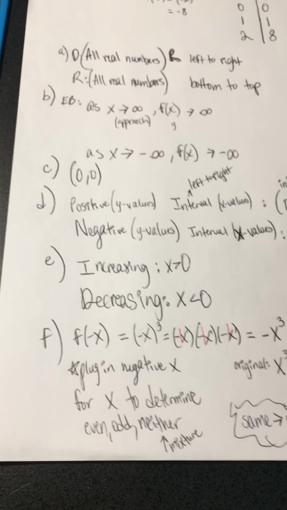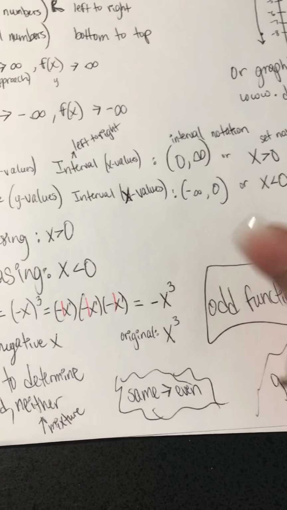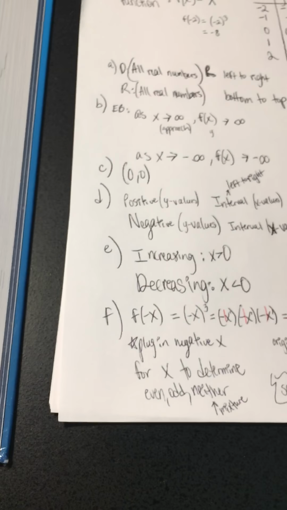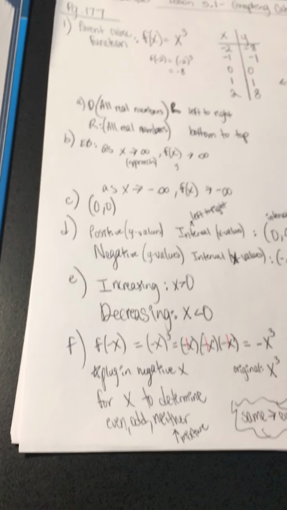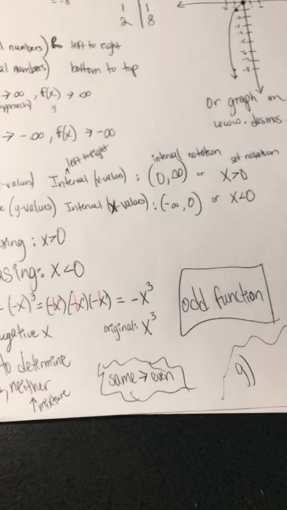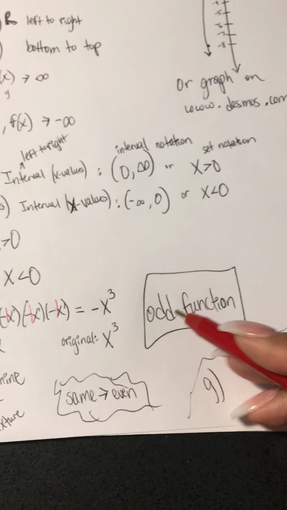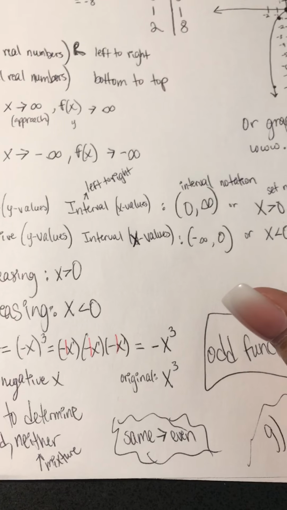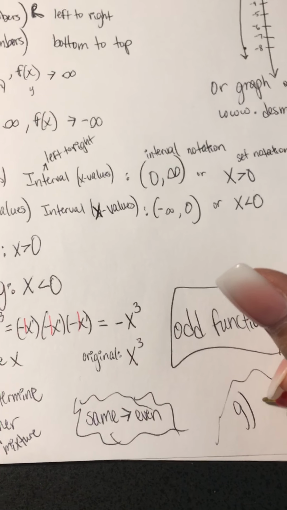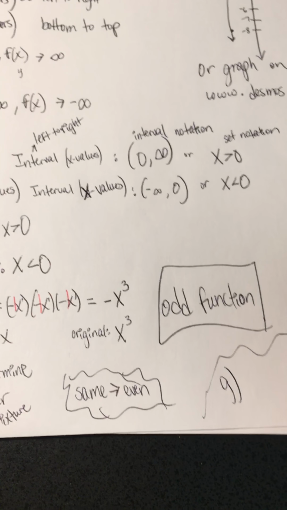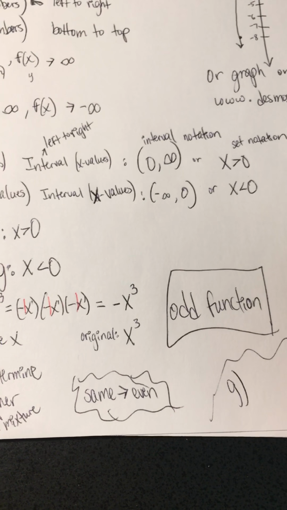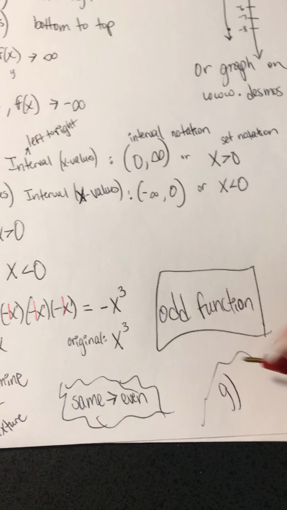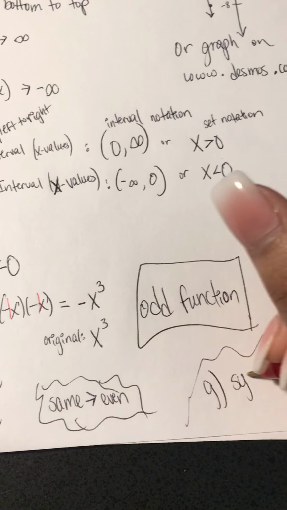Finally, part G. Describe the graph symmetry. That goes with what type of function it is. If it's an odd function, it has odd symmetry. If it's an even function, it has even symmetry. So this has odd symmetry since it's an odd function. When you have an odd function, it has symmetry